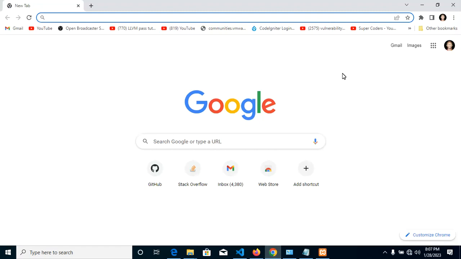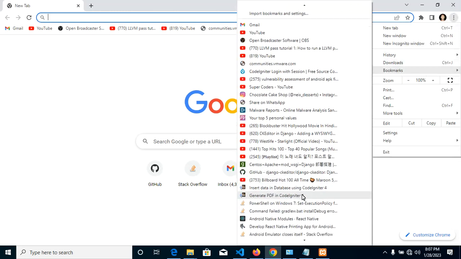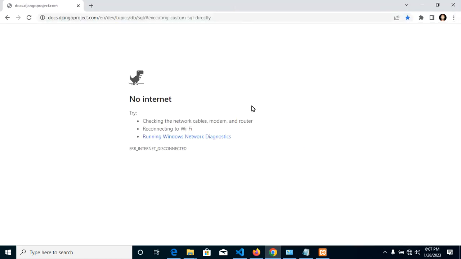There is one method from the Django documentation which you actually need to use if you want to write raw SQL. Okay,